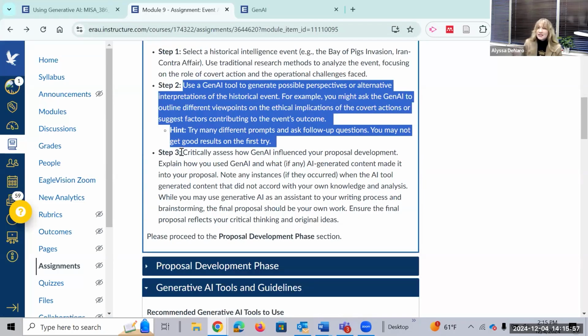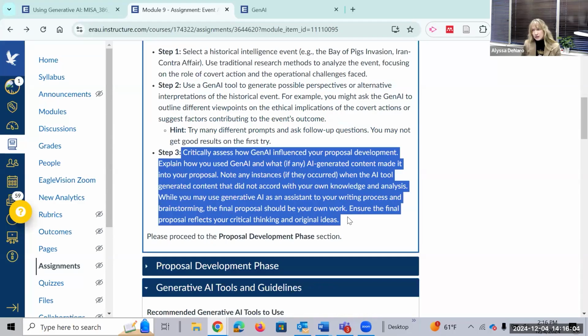But also, and this is another thing I really love about this particular assignment, is that we have a reflection on generative AI use built in.